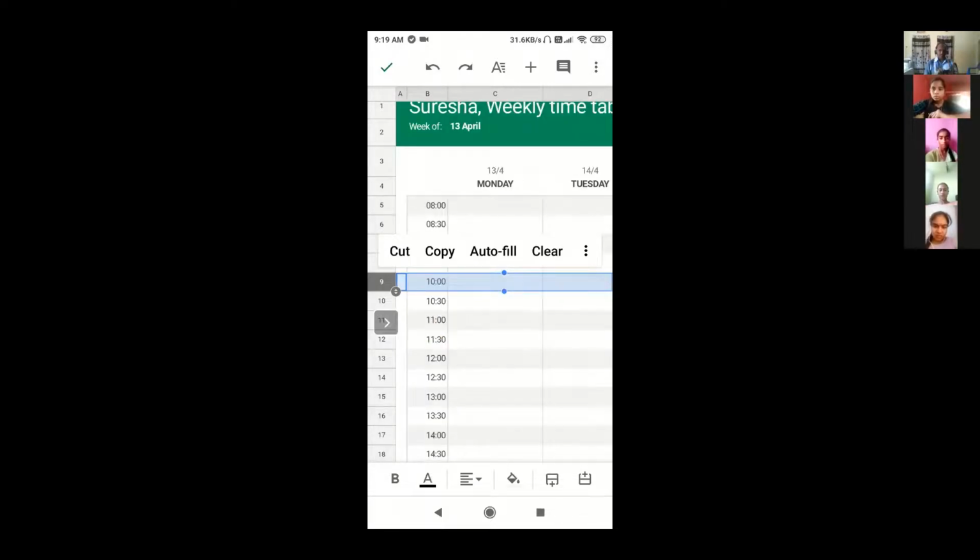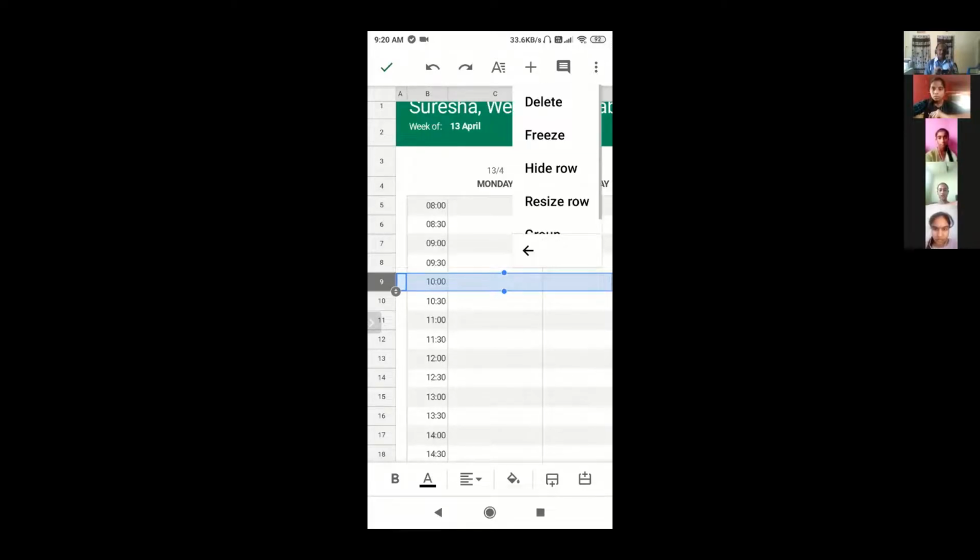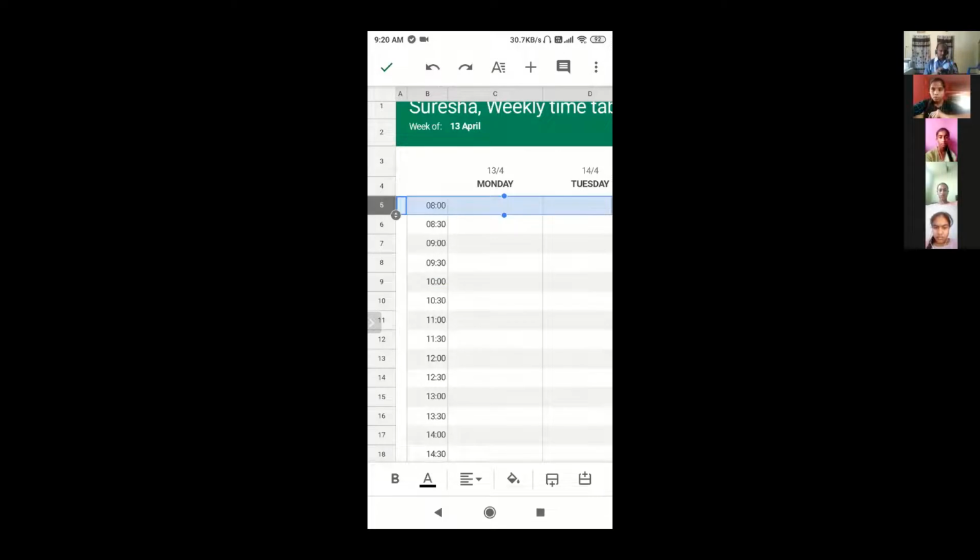Okay, when you long press, see, there is a menu: cut, copy, autofill, and there are 3 dots also next to it. There delete is there, correct? At the top, you press delete, that will go. See, I deleted 10 o'clock, which I need next to the tick mark. So what I have to delete? I have to delete 8 o'clock, long press, delete. Then 8:30, long press, delete. 9 o'clock also I don't want, long press, delete. Say 10 o'clock. And here also at the bottom, whichever time you don't want, you delete it. Okay, here you make the timetable.